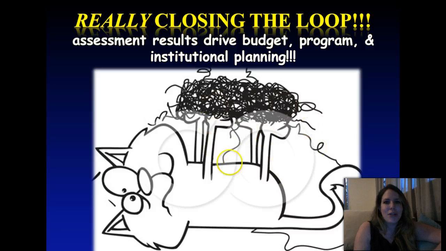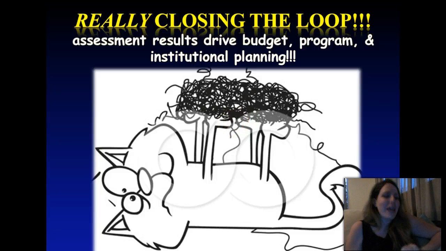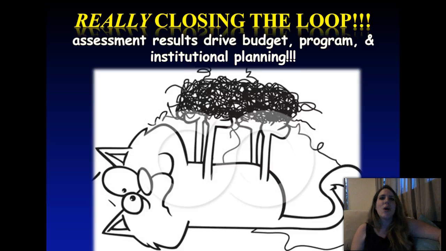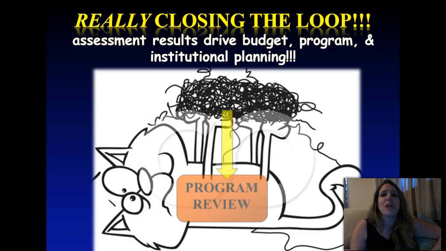Well, you could think of all this assessment stuff as a big ball of yarn. You know, here's your Celtic knot, right? This poor kitty cat looks really confused. Well, we're going to do this by allowing the results of our courses to trickle on up to the program level, the ILO level, but also to all the things that make our institution successful. Budget, program review, master planning, strategic planning. These are the nuts and bolts of things that allow an institution to prosper.